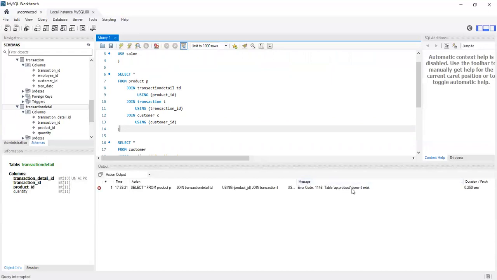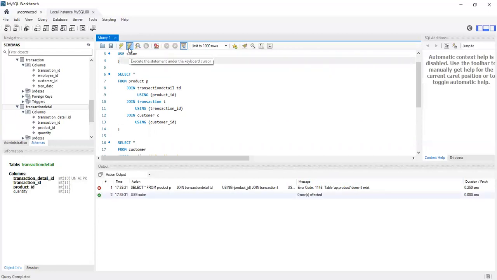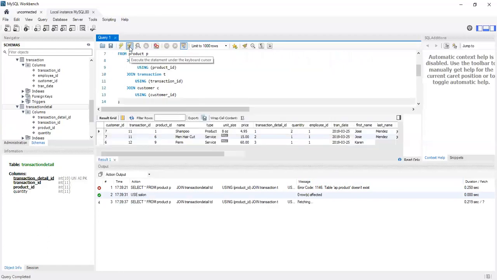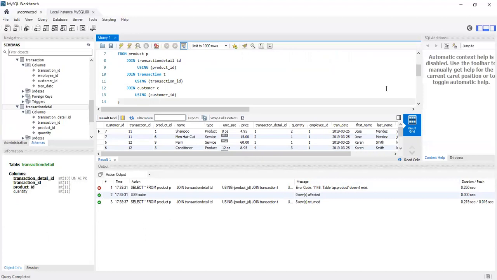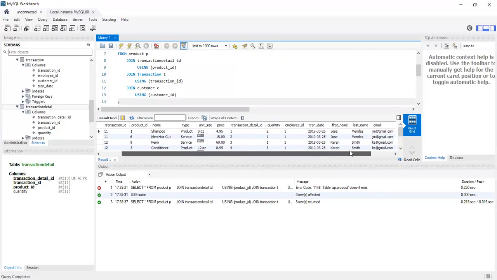Okay. Oh, the product doesn't exist. Use salon. Run that one. Run just number 3. There you go. And now try it again. There it goes. Okay. So you've got everything from all the customers and all the things that they bought